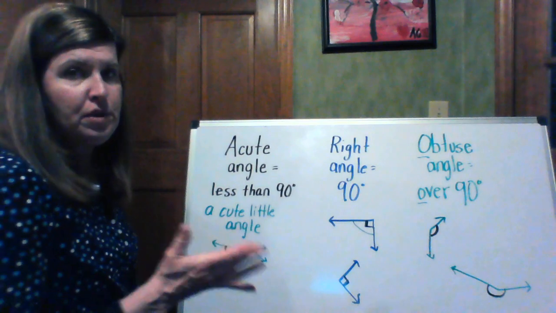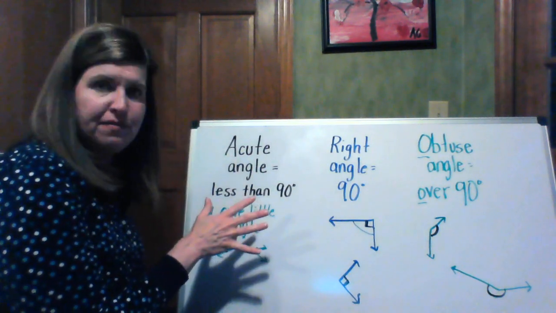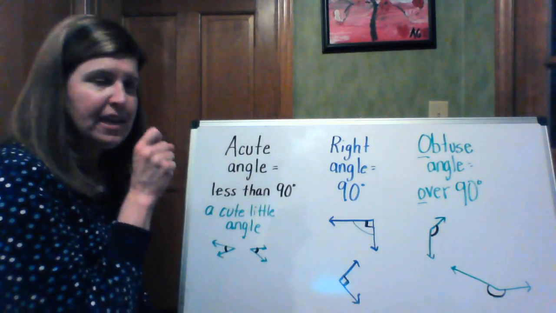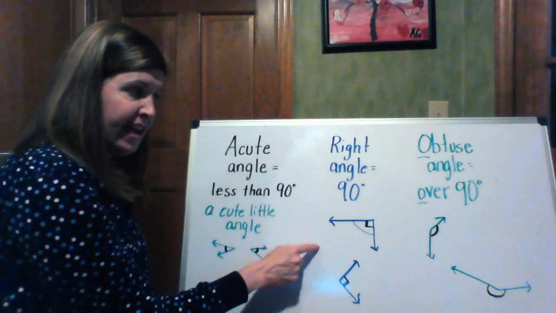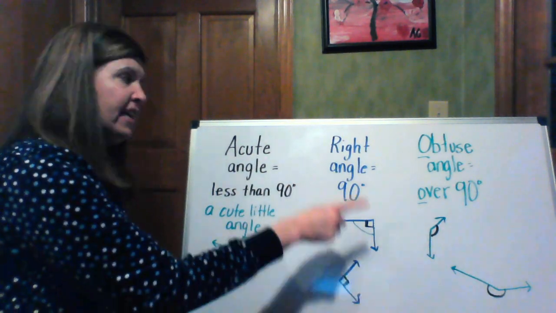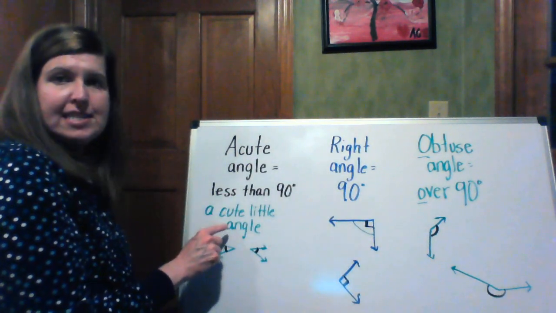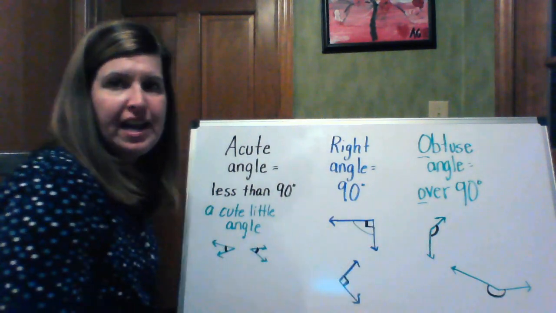So also part of your work today is going to be classifying angles and looking at them and saying, is that a right angle? Look for that square. Is it an acute angle, which means less than 90 degrees, or is it an obtuse angle, which means it is